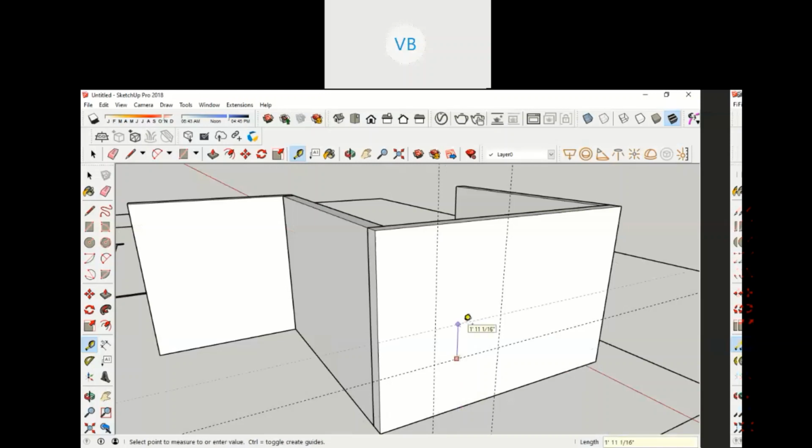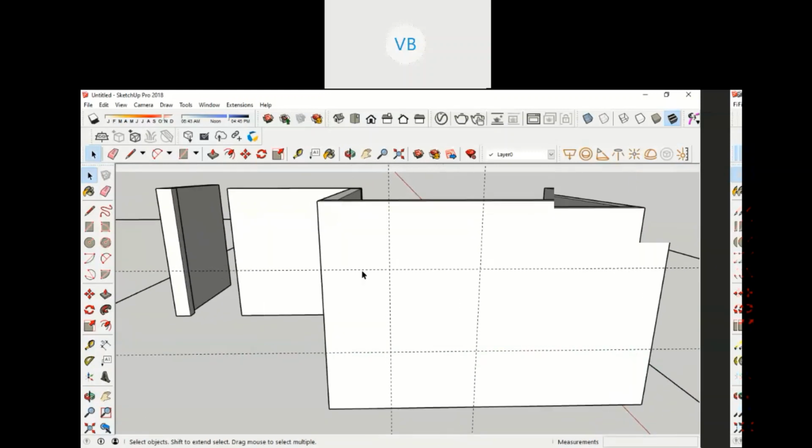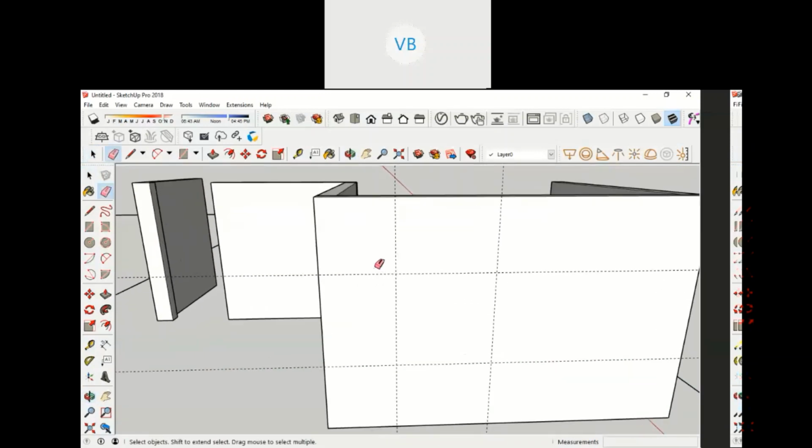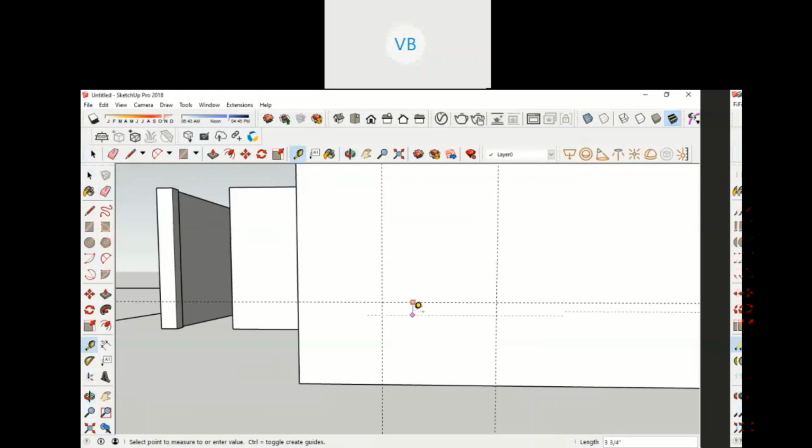Okay, and the height of the window. This is sill level. Sill level is 3 feet, and lintel level would be 7 feet from the ground, or 4 feet from the sill level. I just press 4 feet. Okay, done. This is done. Great. Or I can increase the height of this window to 5 feet. Just done. Okay, and I can reduce this 1 foot further.